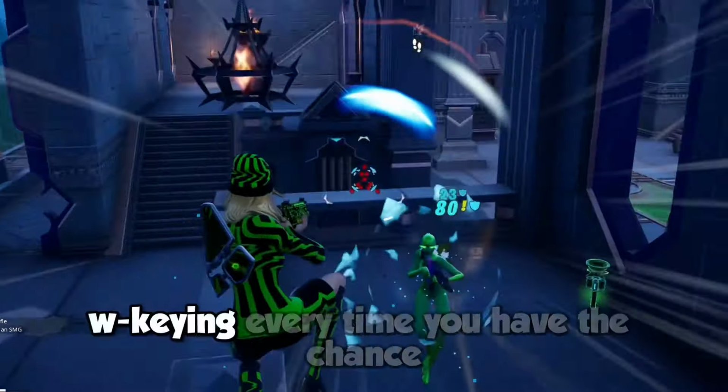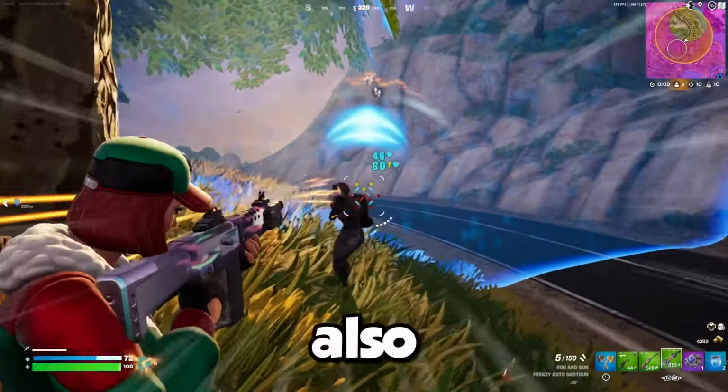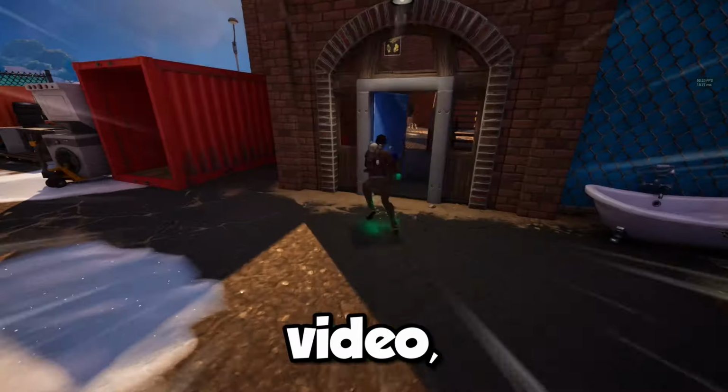Playing aggressively and double keying every time you have the chance can be very satisfying in Fortnite, but did you know it's also the absolute worst way to survive longer in a zero build endgame? In this video, I'll show you how to pick your fights wisely and select only the ones that put you in the best case scenario. You'll see where I decided to back off, where I initiated the battles, and these all led to another victory